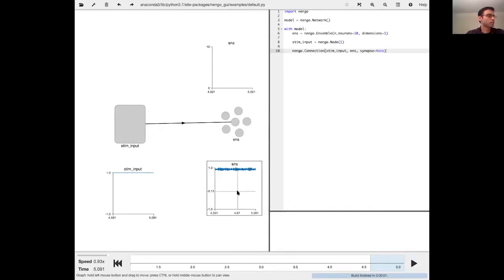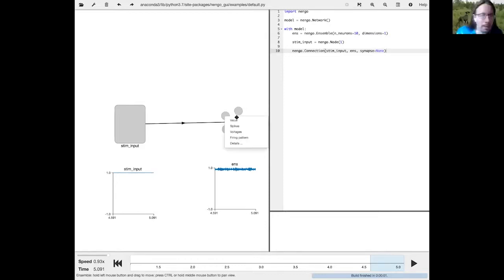So it is feeding in the value 1 here, and the ensemble is also representing the value 1. For some reason, it's not spiking. Let me run it. You might have the version of the GUI that has a broken spike display if you